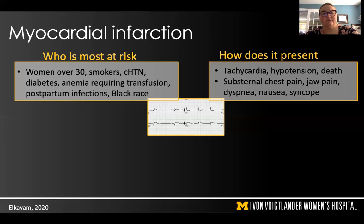So then in terms of how, getting back to myocardial infarction, it presents, again, tachycardia, hypotension, and death are late signs, but substernal chest pain is classic, jaw pain, dyspnea, nausea, and syncope. Importantly, women don't tend to present with substernal chest pain as much as men do. They tend to present with the shortness of breath, the nausea, the things that sound a lot like pregnancy. So listening to women, and if they think that something is wrong, taking it seriously can really help identify this